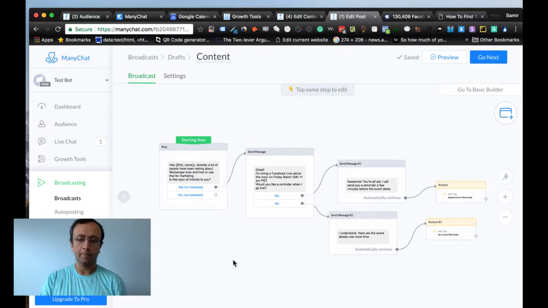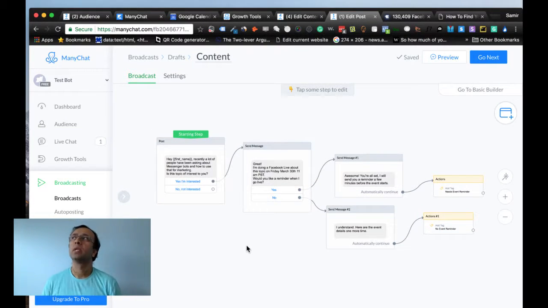So let's jump in and go through how you might use the broadcast feature. I'm going to switch to screen sharing, and there are a couple of ways you can do a broadcast. Let's say you have an event happening soon, and you send the broadcast a few minutes before the event.